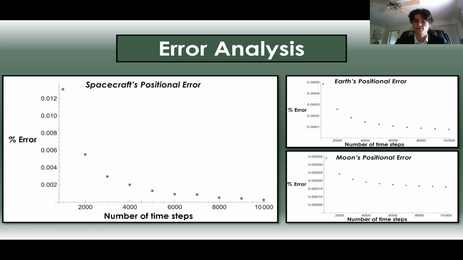And the graphs that we were seeing are of the 10,000 time steps. Over here on the right is the Earth and the Moon's positional error, which both came out exceptional as well. The spacecraft did end up the worst out of the three, and my belief on that is that the spacecraft had a lot more correctional burns along the way. There was a bit more uncertainty in its positions, so that's what led to a slightly higher error,